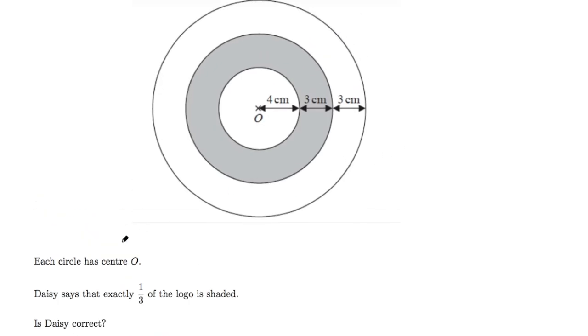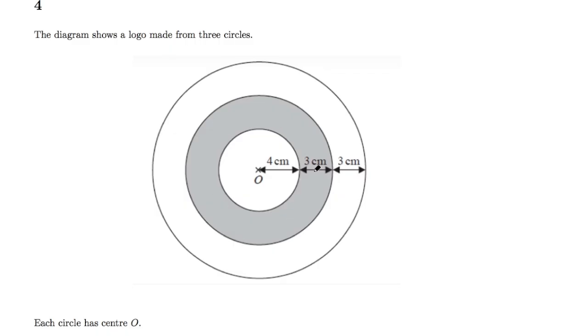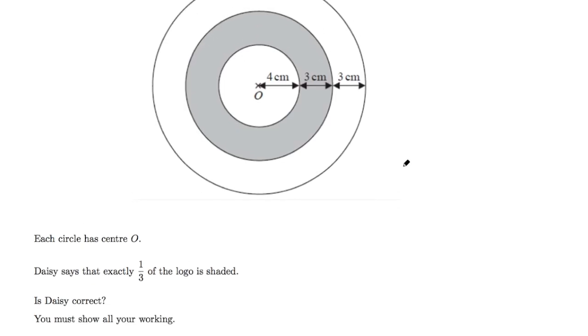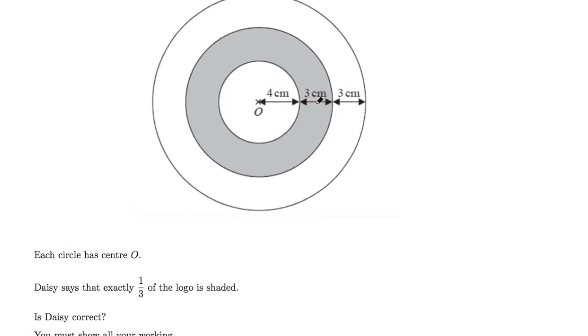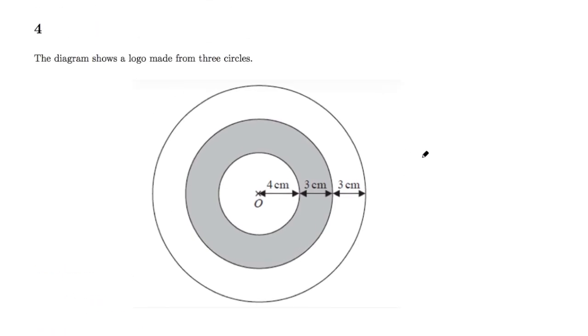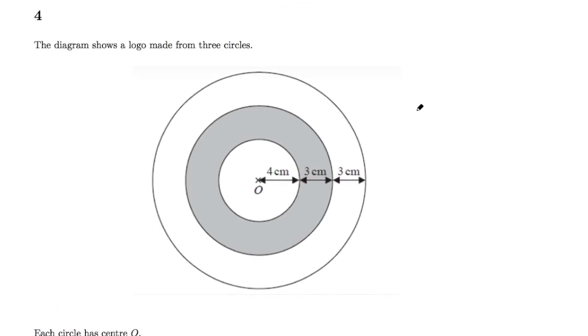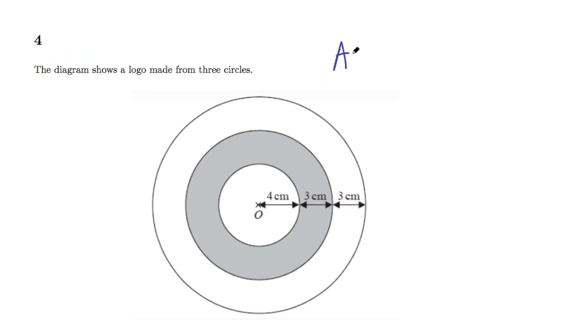Okay, so you can see that this middle area is shaded, and there's a big area on the outside unshaded and a circle in the middle unshaded. And we need to show whether this shaded area is a third of the whole thing or not. I'd say it's going to be pretty close, but let's find out if it's actually exactly a third as Daisy says. So the first thing we need is the area of a circle,